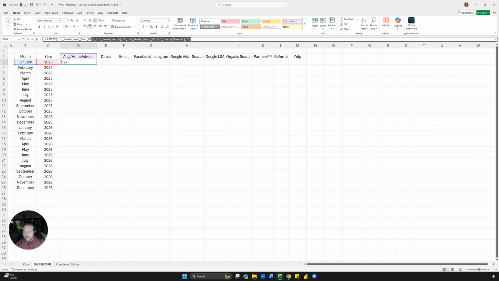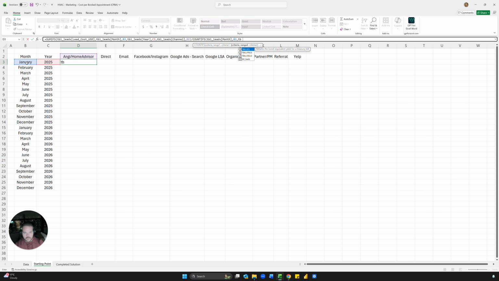And so we need to divide this, but what we can do, we can just copy this formula, and then we would need to change SUMIFS to COUNTIFS, and then remove this because we're not summing anything. I'll just show you how to do it. So we want COUNTIFS this time, though the sequencing doesn't matter because we're not summing anything. So you can do it in any order that you want. So we can just do the same thing. Leads, let's see, month is